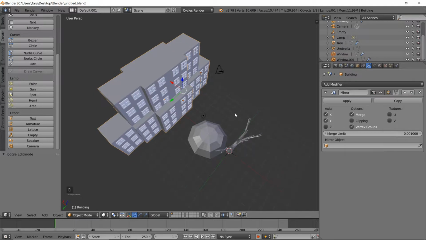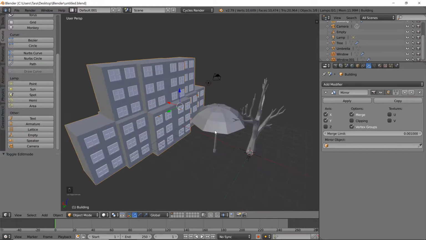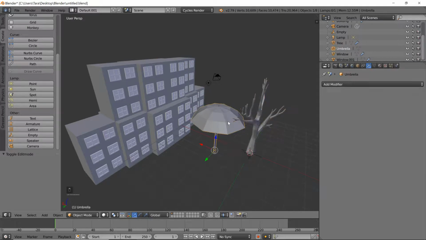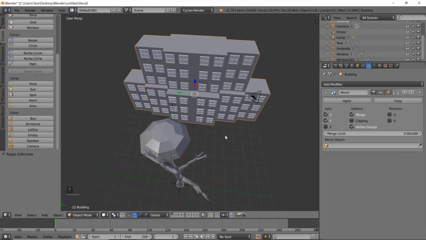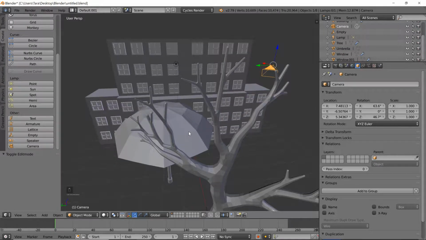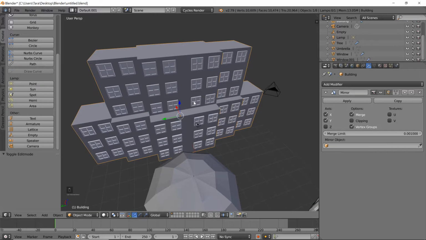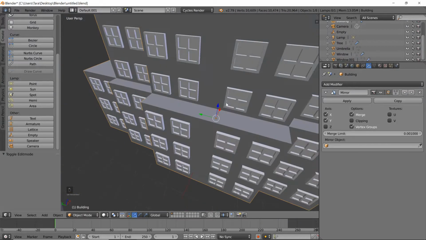In the last tutorial we made this nice little building to be in the background. In this tutorial I think we have enough of our assets that we can start thinking about where they'll be in respect to the camera and start setting up the ground based on that. Before we go into that, I kind of want to make just a little bit more adjustments to our building. Even if it's going to be in the distance, I think it will be nice if we make these edges